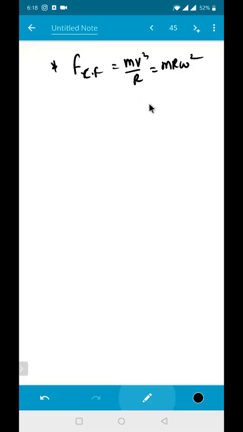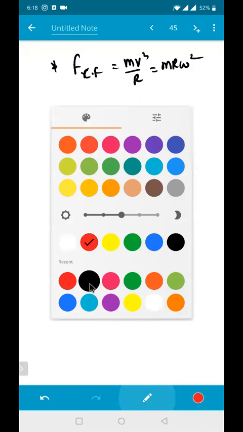And for the strings, in the regular classes we do a lot of applications, but now time will not permit. That is the reason I am not going into much detail on constraints related to strings and pulleys. So there are things you should always remember in mind related to Newton's laws of motion. Okay, so this is the part I have to take.